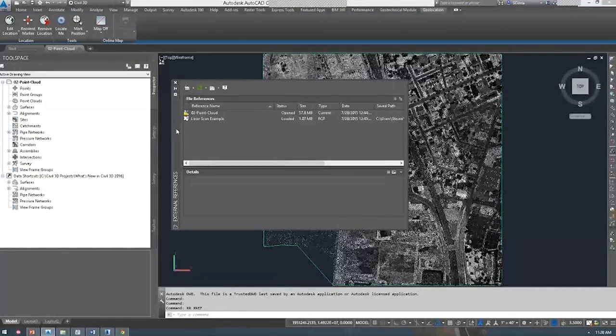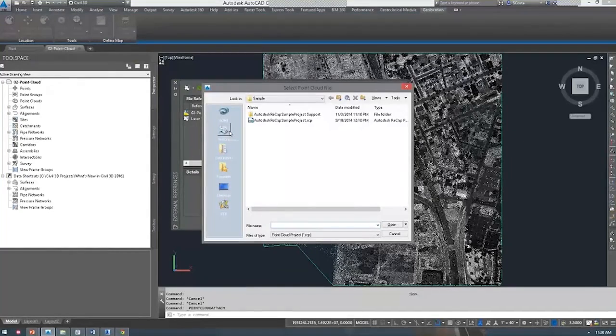First was, like I said, processing the information in Recap. I then attached a point cloud to my Civil 3D drawing. A quick side note: this is where you'd also attach your coordination model, that's your Navisworks or NWC file, which I'll try to give you a little show and tell of later at the end. In either case, once I attach my point file, you can see it's going to be looking for a